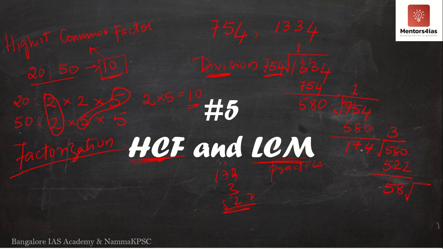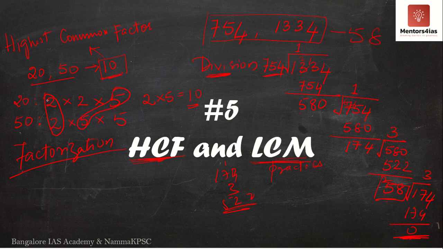So again I will divide by 174 over here. See, this is very simple. 174, 3 is 58. Obviously here 58. I should try it with 3 over here because 8 3 is 24, 3 is 24, 5 3 is 15, 17. Yes. Now I get this remainder 0. So you have to continue this until you get the remainder as 0. Once you get the remainder as 0, the divisor over here, 58, will be the highest common factor of 754 and 1334. So the highest common factor of 754 and 1334 is nothing but 58.